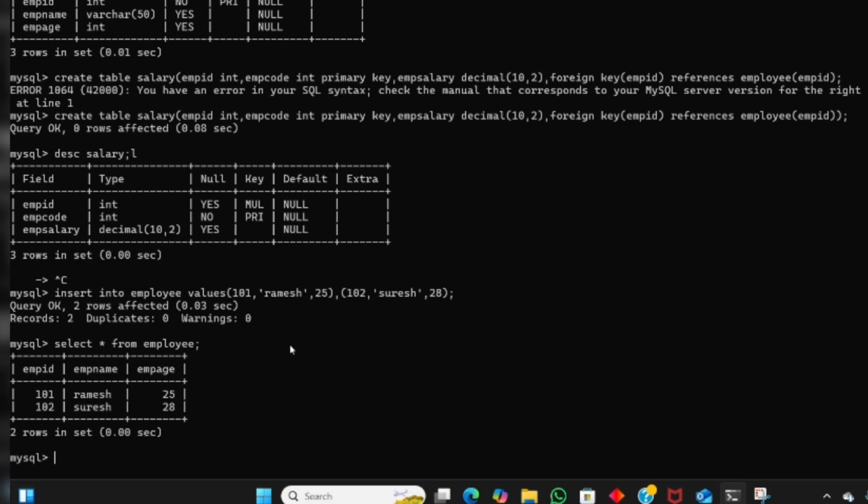Similarly, insert records into the salary table. Insert into salary values, 101. It should be similar, because if we give another value which is not in the employee table, it shows an error. And 50,000,